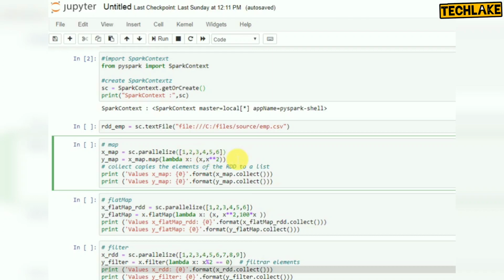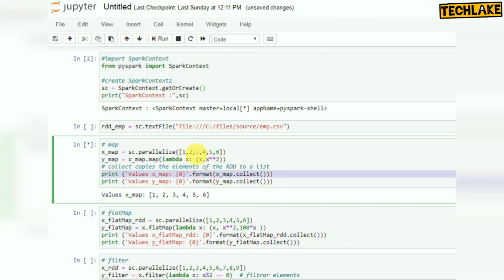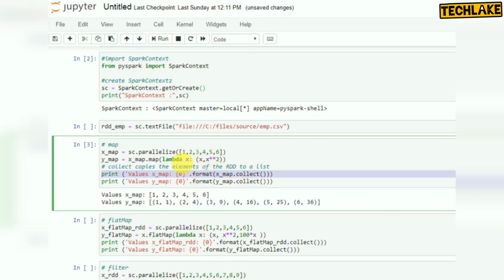Let's run this and see how it works. The first one we are printing is the default RDD values. See, it is printing the RDD values. Next, after applying the map transformation, it will print 1 square, 2 square, 3 square, like this.